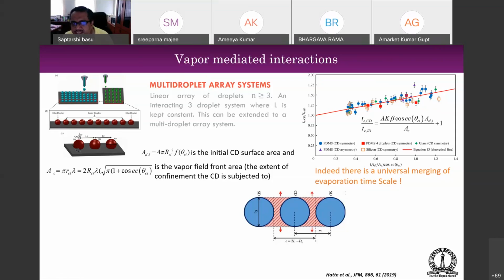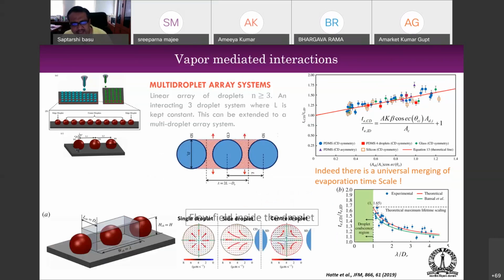And that is a significant step, because in this entire array of droplets, you are taking the collective evaporation into consideration, and you are coining a universal time scale for the same. So the math is something that we can discuss later. Now, the flow field actually shows something which is even more interesting,